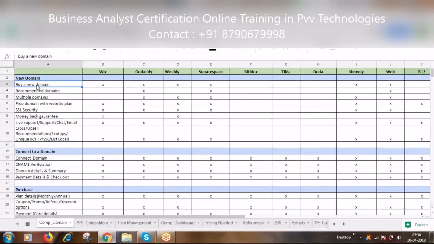So in this case, why have we selected buying a new domain as one of the high priority items, for example, can you say? I say that when I have a product that should go for domains, then buying a new domain is going to be the most important feature.